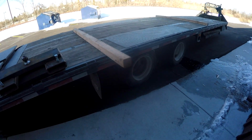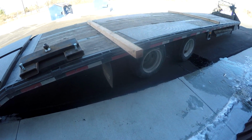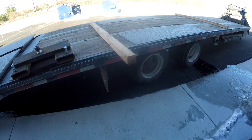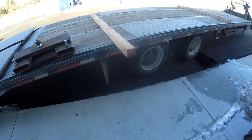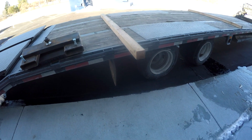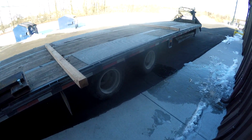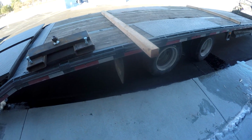So I'm out behind the shop, and what I just did is got the forklift back from the guy that's using it, and first of all moved my trailer back here so that I could clean it up, but I also had to decrib it. I had left all the cribbing on from when I hauled that generator, the large generator from Detroit, back down to Shingle House, Pennsylvania. And I had left the cribbing screwed down there, so I've got it back here to get it cleaned up